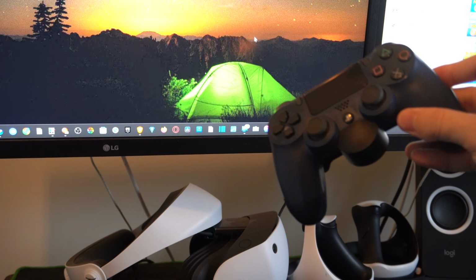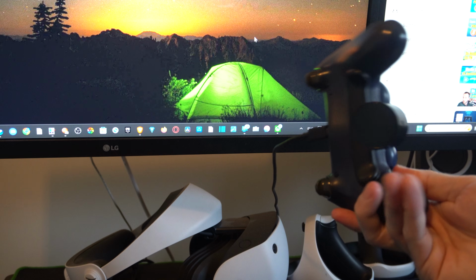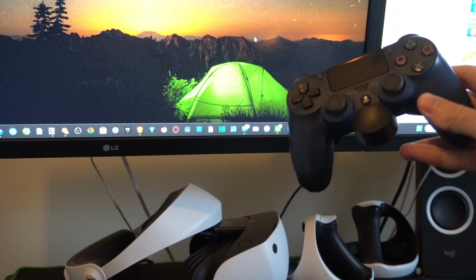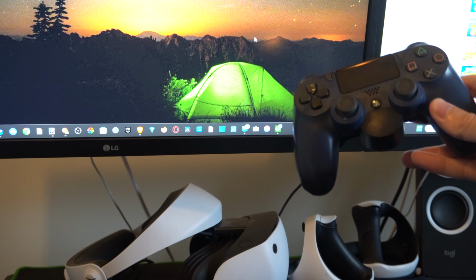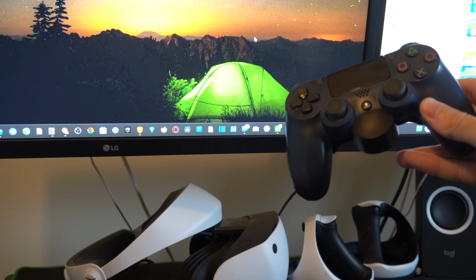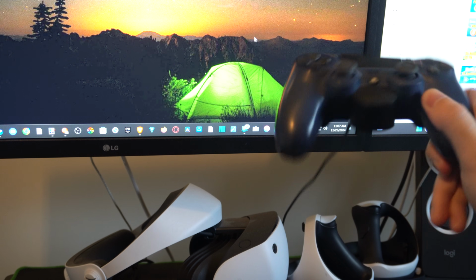Today in this video, I'm going to show you how to fix the no sound issue you're having on your Windows 10 or 11 computer because of your PlayStation 4 controller being plugged in. Now, it thinks your controller is a speaker, and that is why it's automatically switching over the output to the